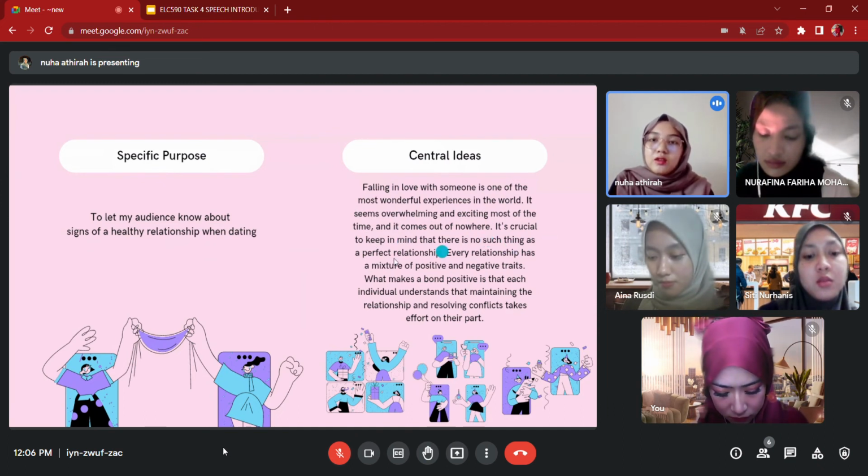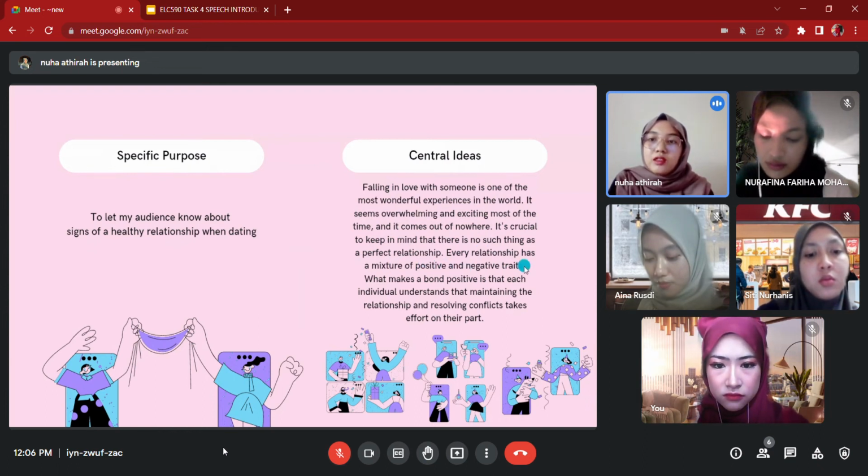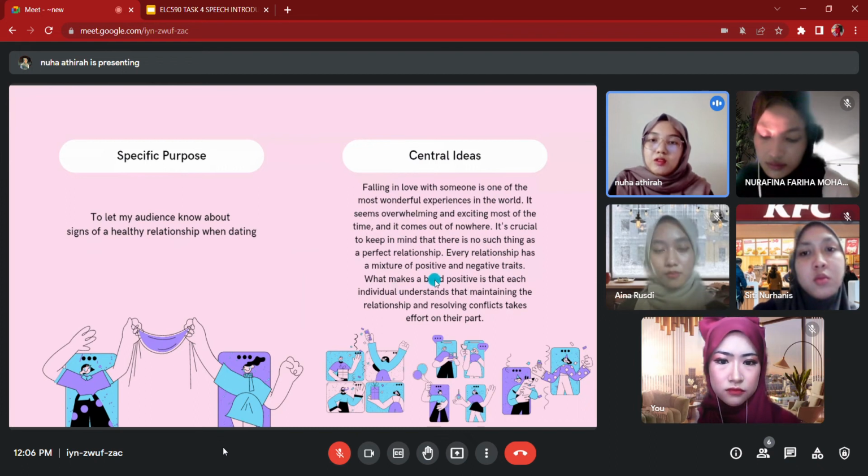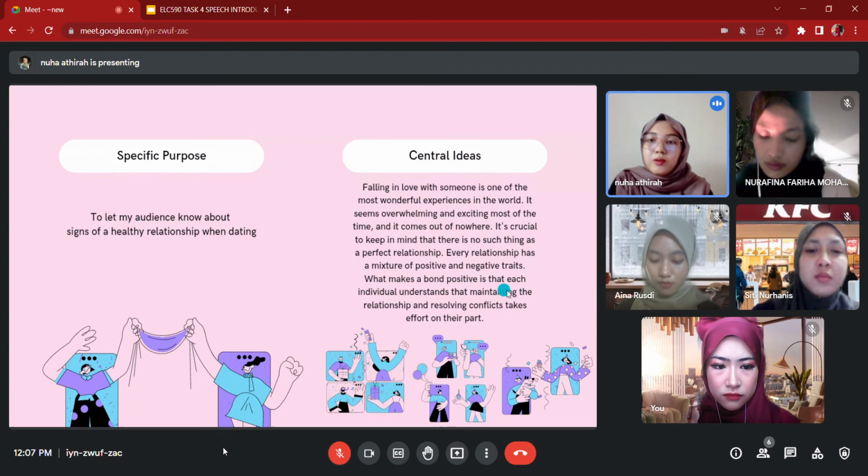It's crucial to keep in mind that there is no such thing as a perfect relationship. Every relationship has a mixture of positive and negative traits. What makes a bond positive is that each individual understands that maintaining the relationship and resolving conflict takes effort and